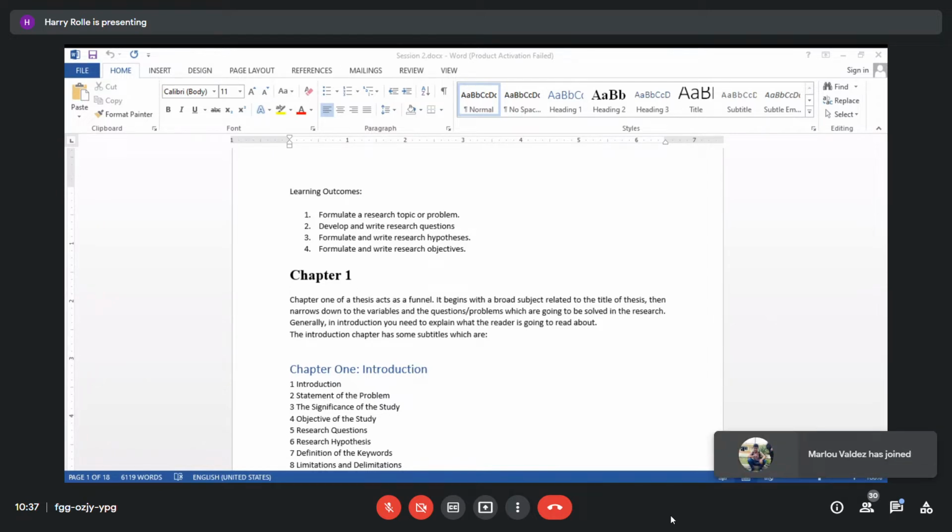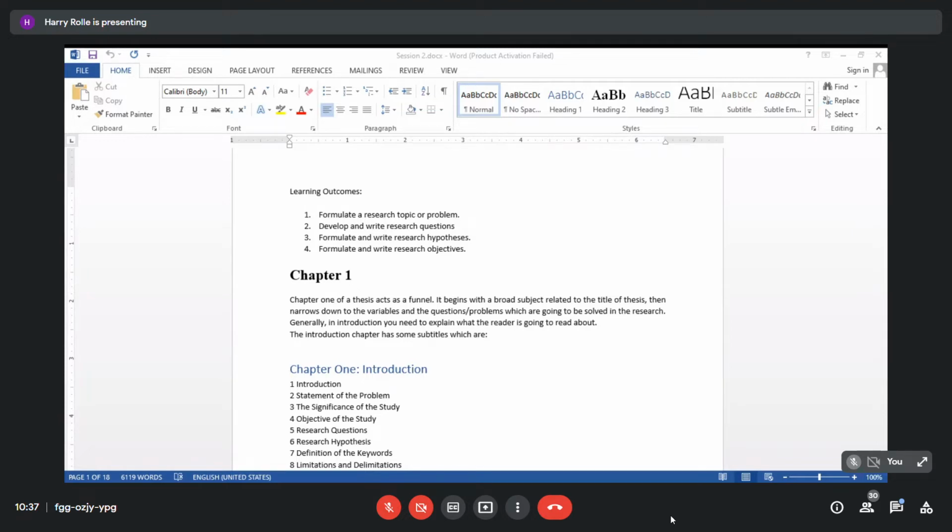But nowadays, we are not using local and international types of related literature. We are using more of a sequential type of related literature. Hindi na natin sinasabi kung ito ay galing sa Pilipinas or ito ay galing sa ibang bansa. So normally when we talk about related literature, we talk about what researches tell about your problem or your topics. So yun yung ginagawa natin.